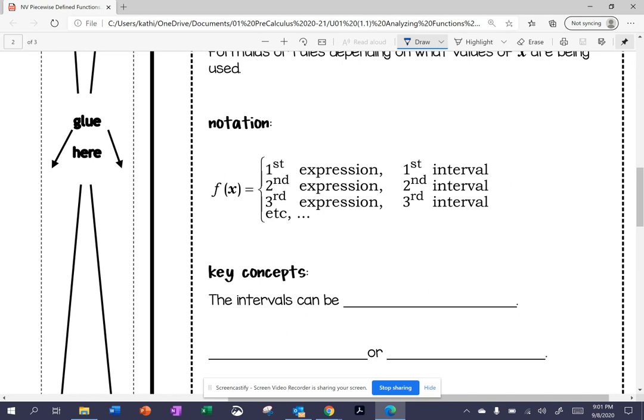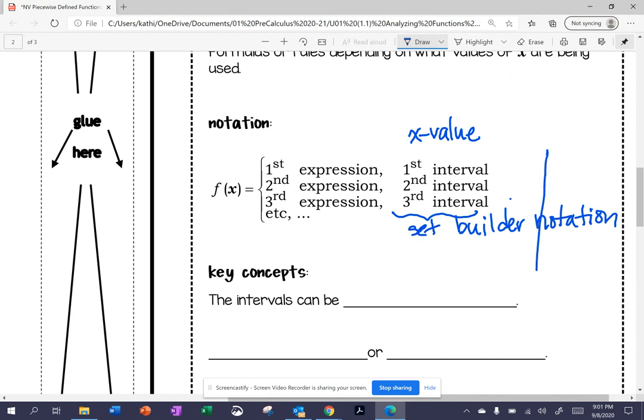So talking about intervals, we just went through interval notation. So these are my x values, and we write these in set builder notation. Okay, so these have the inequalities. All right, so let's review. So intervals,